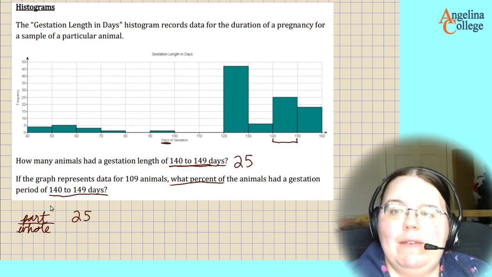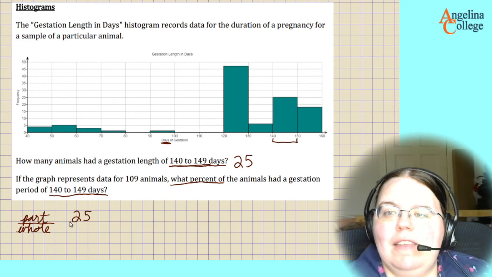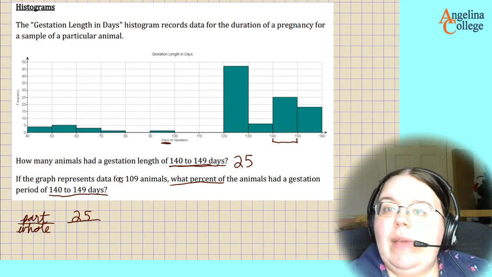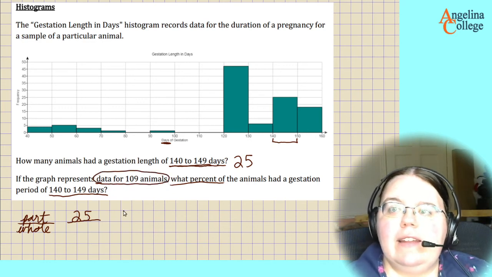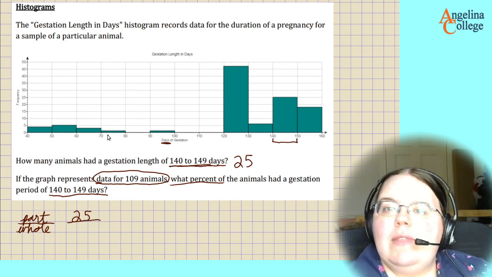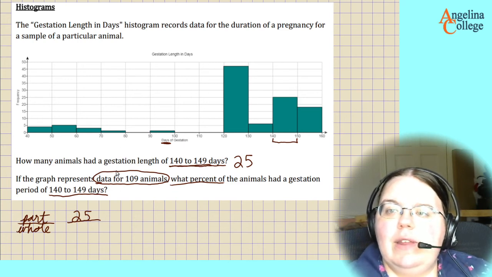Well, the usual way for a part out of whole relationship is we'd say 25 out of the whole. What's the whole? We could find this out by going across and adding them up, but conveniently, the problem gives us something that we can use as a shortcut. If we didn't have that, we'd just say, okay, 4 and 5 and 3 and 2, etc., all the way across, estimating the numbers when they fall between the bars best we can, but it told us, so we can skip that. So we've got 25 out of the 109 in all,